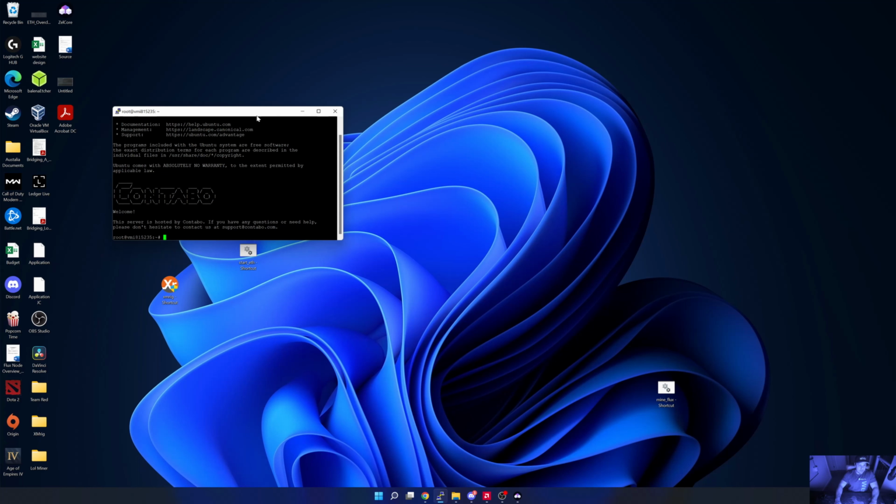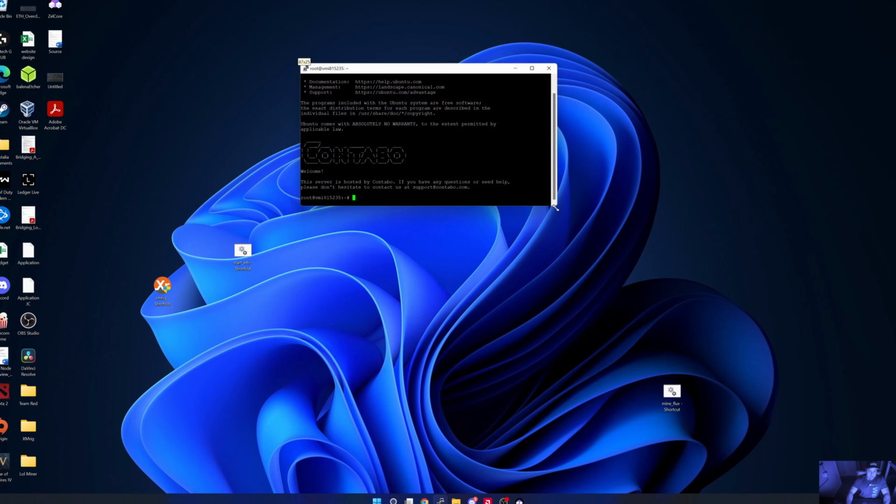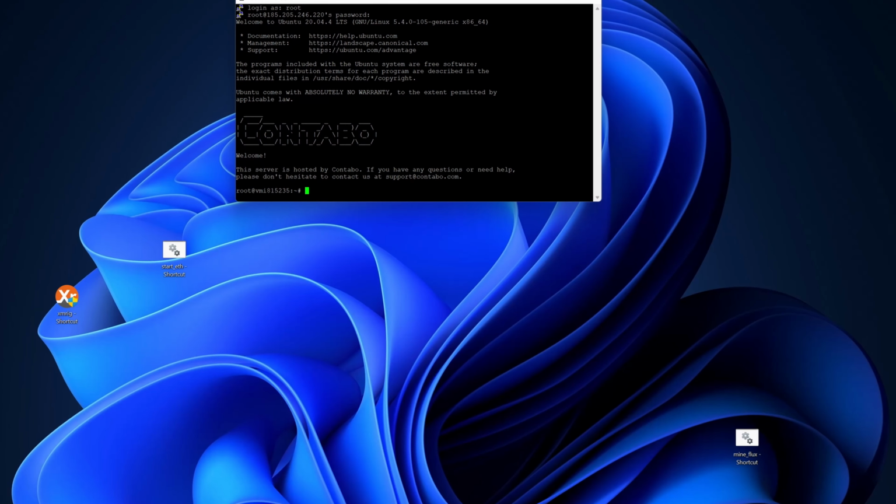So I'm just going to move it a little bit in the middle and then make it a little bit bigger so we can see nicely. And that's now where I am going to start the installation process. Now this is a newly imaged VM, so what I like to do normally is just install the updates, and